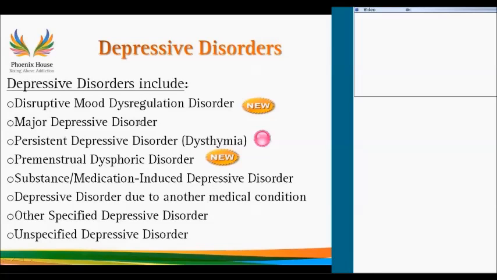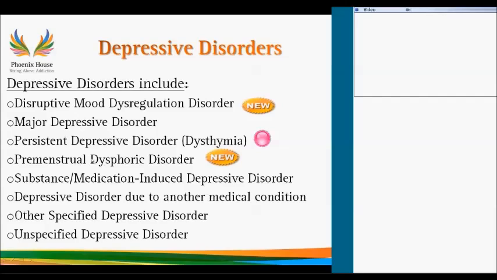Major depressive disorder is the same. Dysthymia is exactly the same, but it has a new name, and it is called persistent depressive disorder. I can't tell you how many times myself I cannot get used to this persistent depressive disorder language. I'm very used to thinking of dysthymia in a particular way, but the idea is that, again, the disorders are being more specific and descriptive. A lot of people don't understand what dysthymia is. So to change it and say it's the people who have persistent depression makes it more specific.